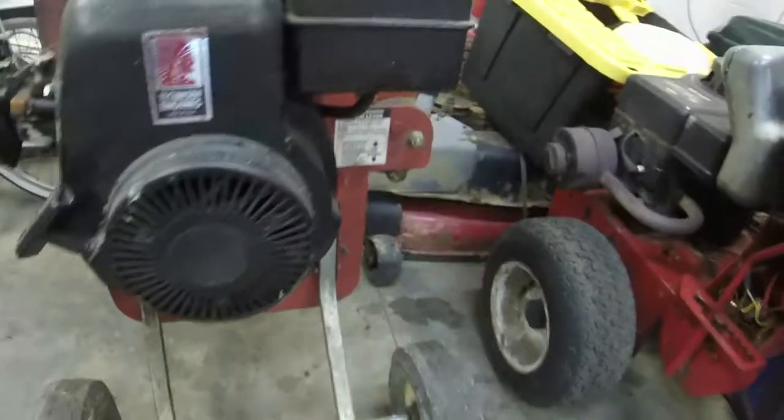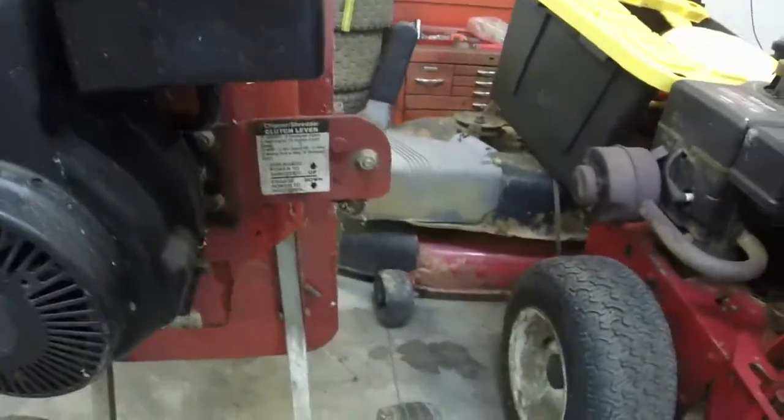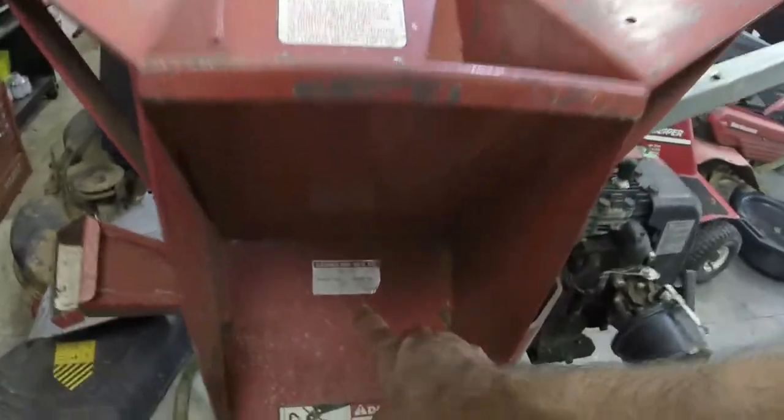Not quite sure, because it doesn't have the horsepower on it. It's probably missing the sticker that used to be right there. But it runs on starter fluid. It's a Garden Way manufacturing one. So pre-MTD,